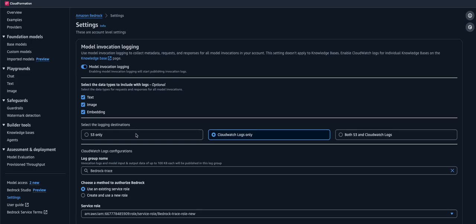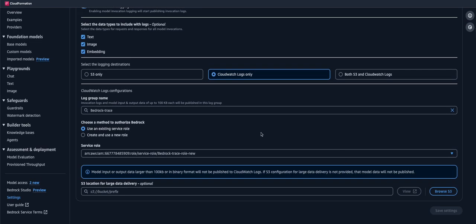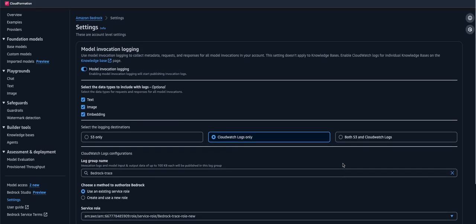Now for the logging destination, you can either choose S3 or CloudWatch, or you can also have it available in both S3 and CloudWatch logs as well. For the log group name, you can provide any log group name that you would like to have in CloudWatch, and you can use either the existing or just create a new service role and save the settings. So once you do that,